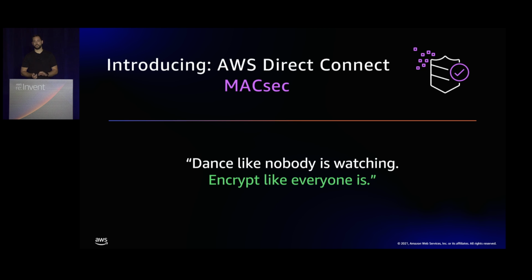Now we also have MACsec availability for Direct Connect. So there's a saying we have here in AWS, I don't know if we coined it or not, but dance like nobody's watching and encrypt like everyone is. So we're doing a lot of encryption within the region, so using things like our Nitro system to encrypt instance-to-instance communications. Going from a Direct Connect POP location to your router is not encrypted. It's a fiber. Someone could be providing that fiber to you, like a third party, the data center provider. So MACsec allows you to encrypt the traffic between that POP location and your physical connection.